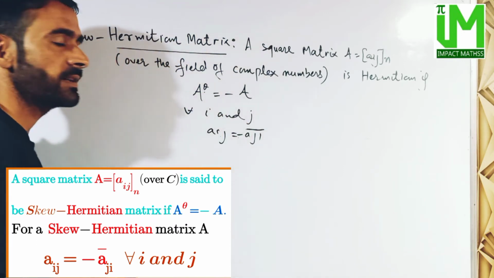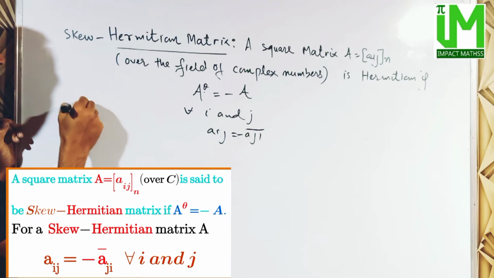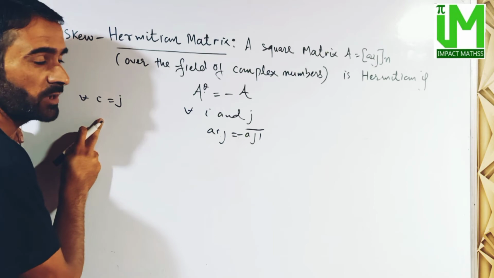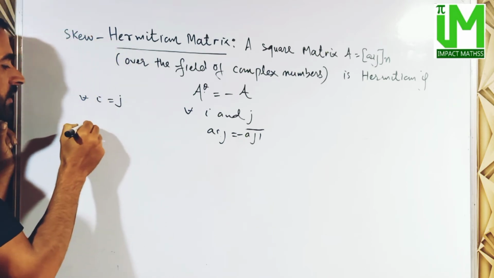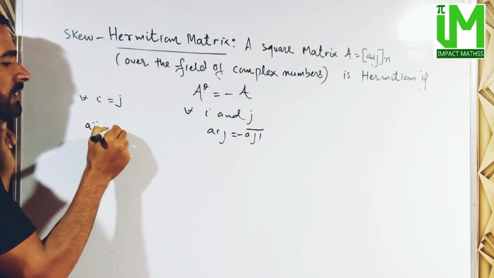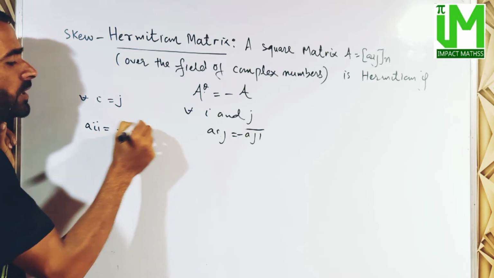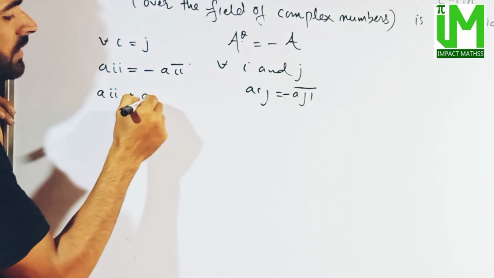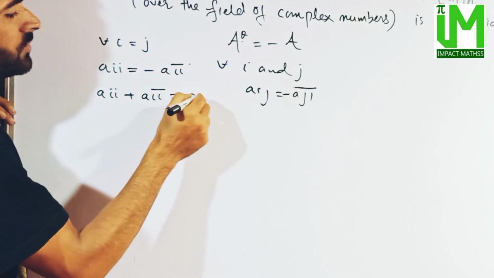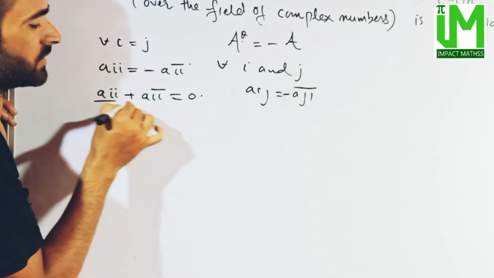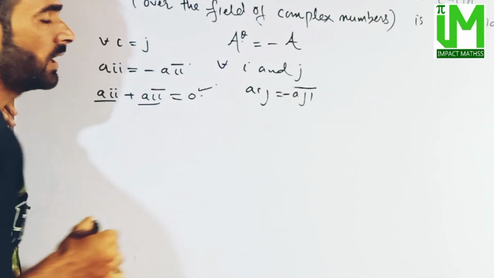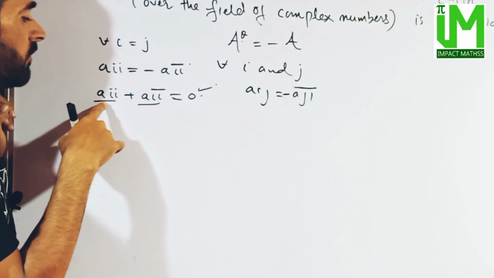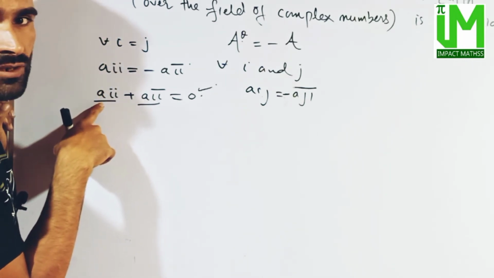और फिर से diagonal entries की properties अगर चेक करें, for diagonal entries we have i is equal to j, so for all i is equal to j हमारे पास होगी diagonal entries। so diagonal entries के लिए we have aii is equal to minus aii bar, so which means aii plus aii bar is equal to 0, which means a complex number plus its conjugate is equal to 0। and when is it possible? When we have the real part as 0, so this means when the complex number is pure imaginary or 0।